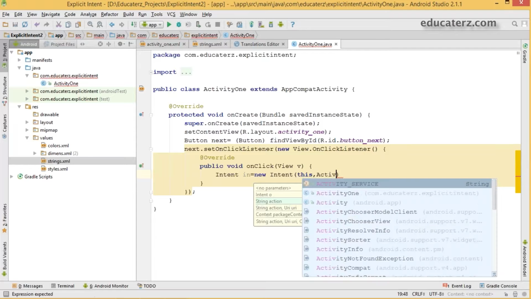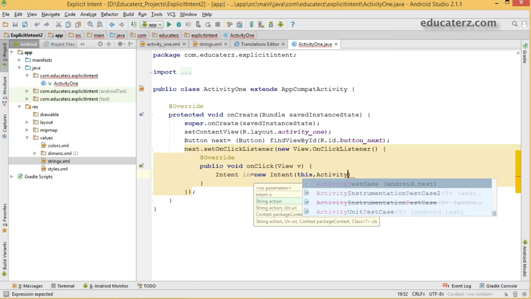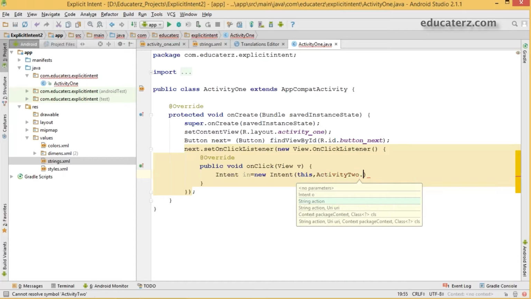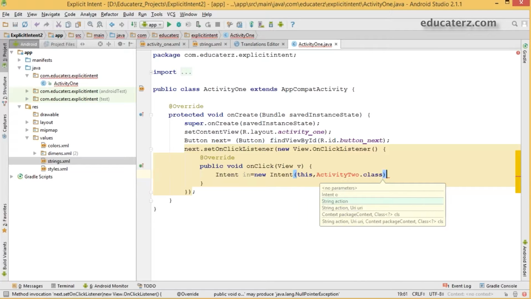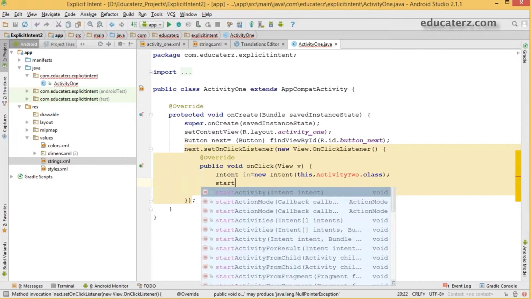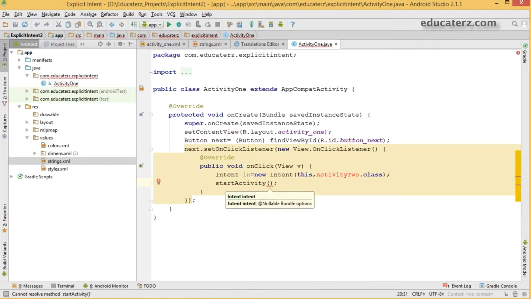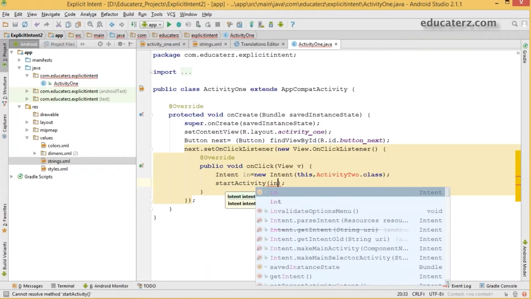So the target is Activity2.class. I'm going to take it as Activity2. So save this, and if you want to start an activity, you must call the startActivity method and pass your intent object. Save this.